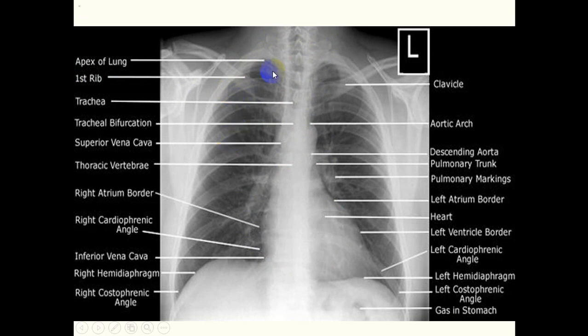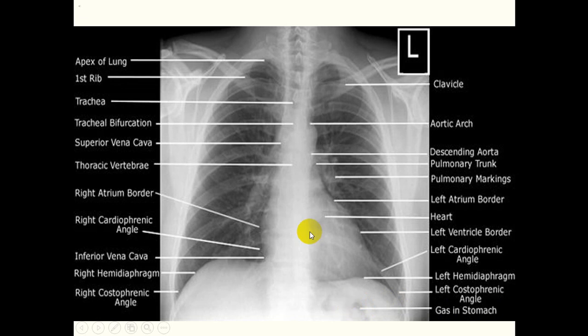This is the medial part of the clavicle, and this is the acromial end, which is going to make acromioclavicular joint. The joint cavity can be observed in this radiograph. Then scapula with its medial and lateral border is also observed on the periphery. Then we come to the tissues, the diaphragm. Here you can see the right and left dome of diaphragm. The right dome is higher than the left, and under the left dome of diaphragm we can observe gas, which is present in the fundus of stomach and is visible here in the radiograph as a black shadow.